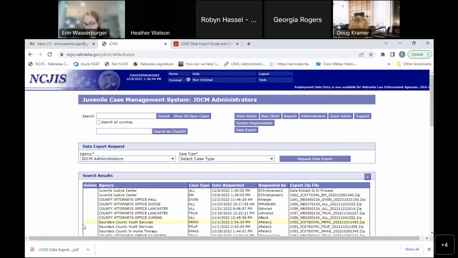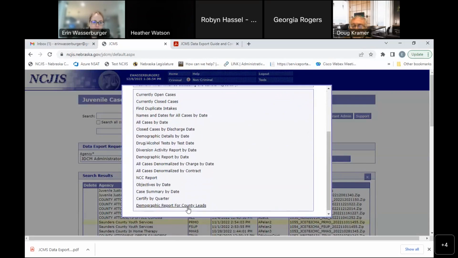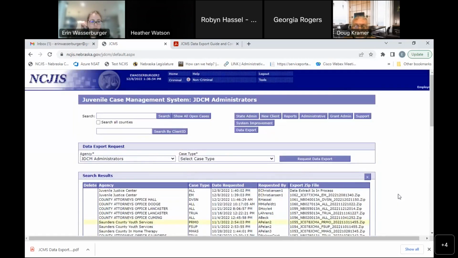So if you are trying to look at more than one field at a time, if you're looking at more than number of referrals or race and gender of referrals, because you can do that in the demographics report. It's the last one on the list. It says for county lead, but I'm pretty sure everybody with an edit permission can actually see this report. That one will show you age, race, and gender by program type within the time frame that you're specifying. So the export function would be more for like